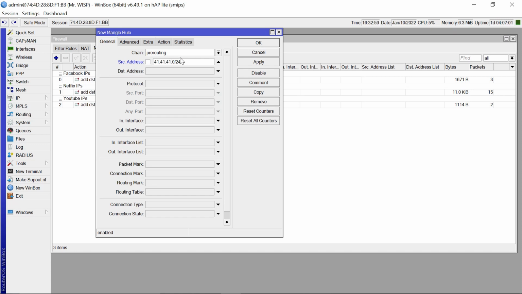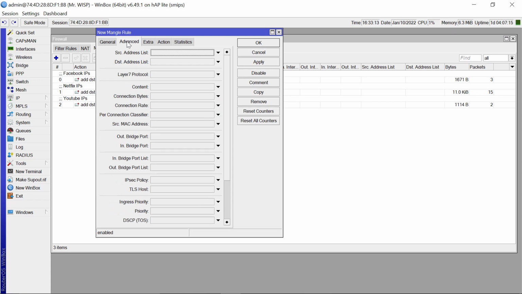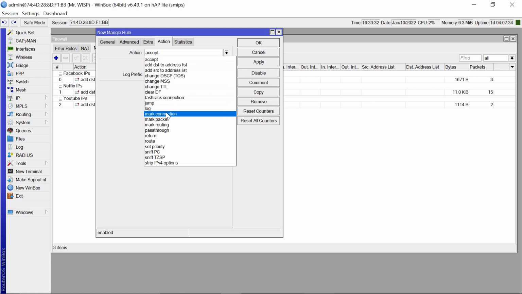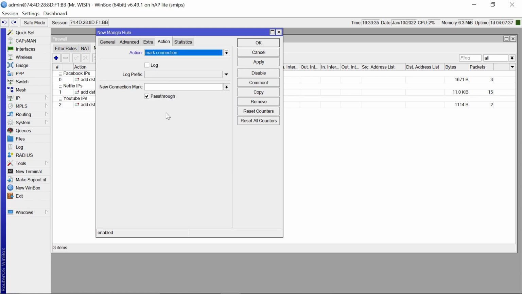And then pre-routing basically just means anything that goes out of your computer to your router. So the next thing that you now need to do is come to the advanced tab. And from the advanced tab, the destination address list, we are now going to pick it from the drop down. So let's start with Facebook servers. And then after that, you're going to go to the action tab, and we are going to mark that connection. And after marking the connection, the new connection mark, let's give it a name and say